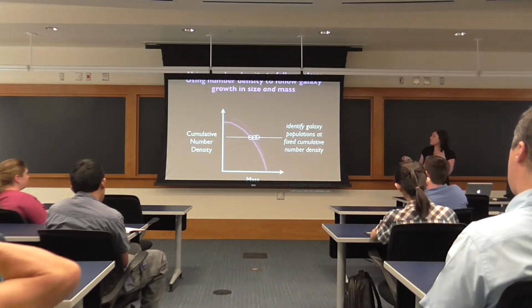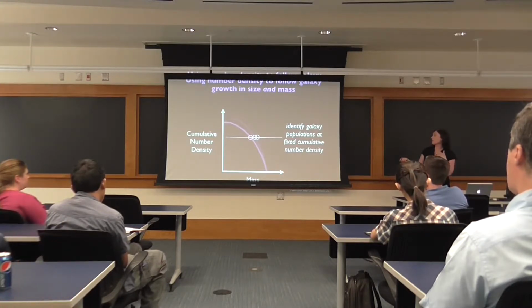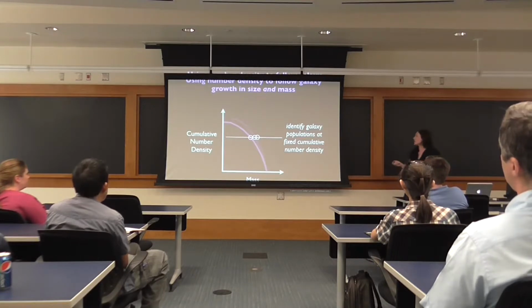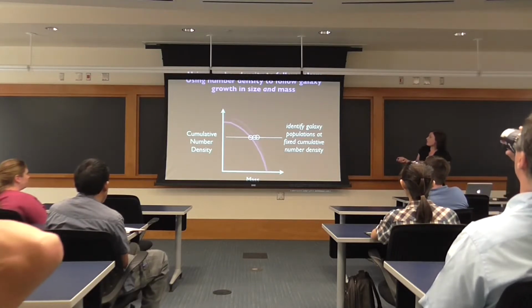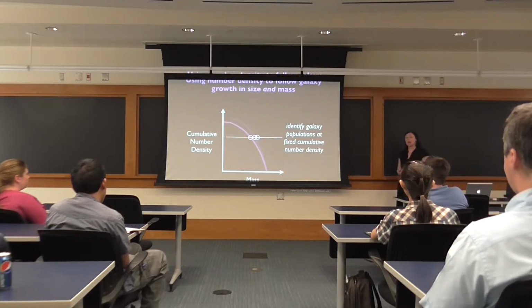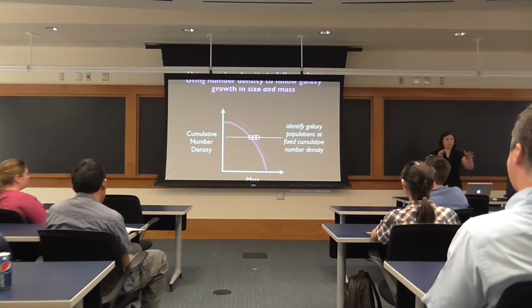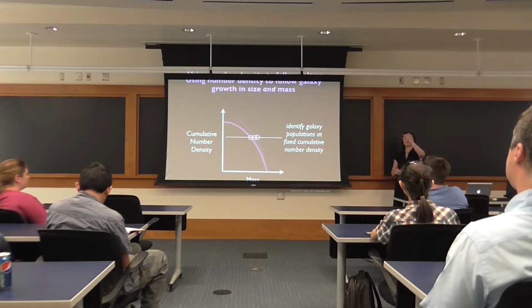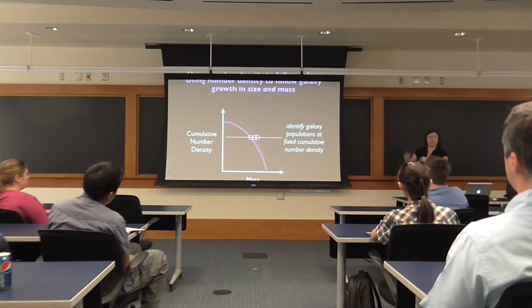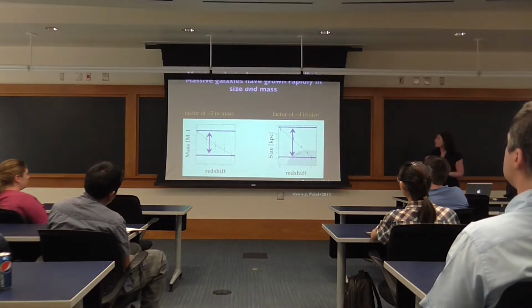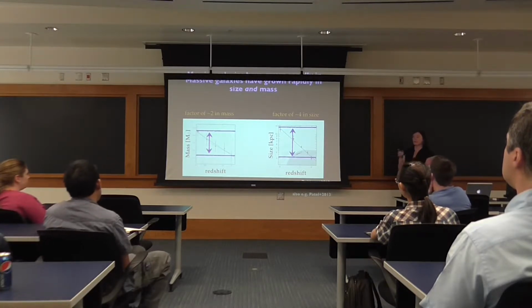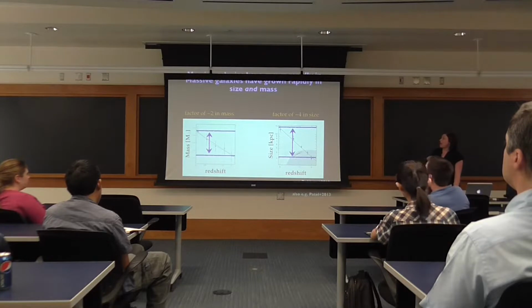So if we play this game and make a cut in fixed cumulative number density, and assume that we're getting an idea of what the average growth of galaxies is at that number density, then we can get an idea of how much that population of galaxies has evolved in mass. And if we take a slice, a small range in mass that corresponds to that mass growth, you can see here's the mass growth, and then if you look at the size evolution of galaxies within that redshift evolving mass slice, then you can also see that the size of those galaxies evolves